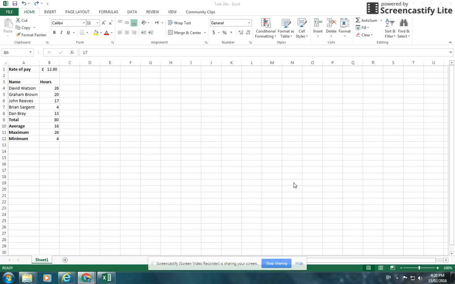Task 20F. John Reeves did an extra 4 hours of work. Change the spreadsheet you created in Task 20E to show the new figures. So we open up Task 20E. We update John Reeves' figure through to 21. Changes the average up to